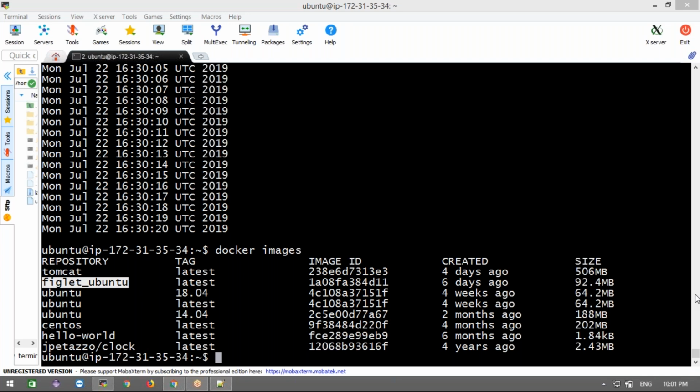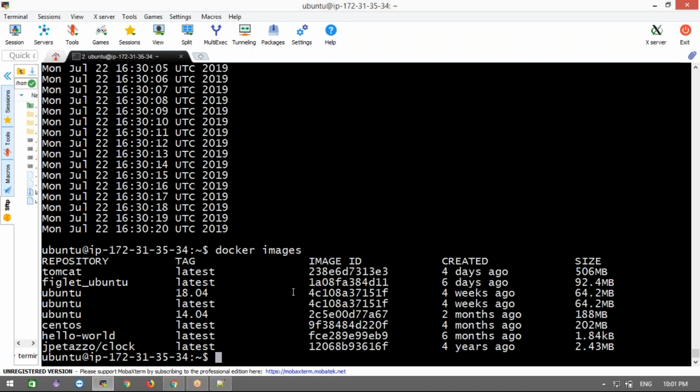Guys, is anyone facing an issue? Are you able to see my screen properly? Yeah, we are able to see you. I have a good internet connection here. Okay, fine, thanks guys.